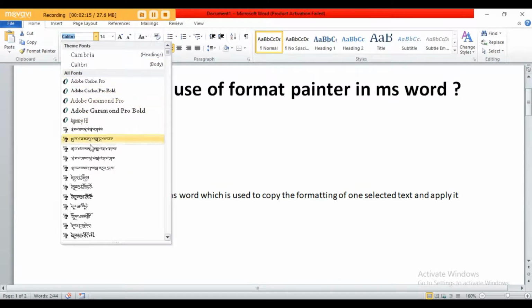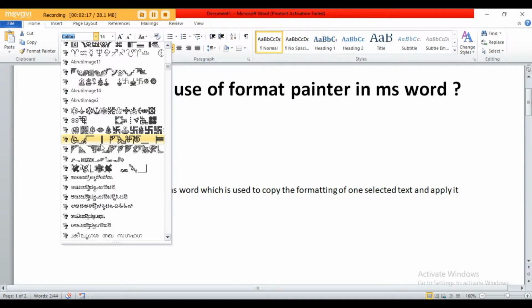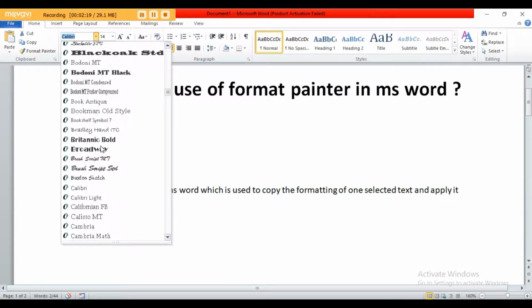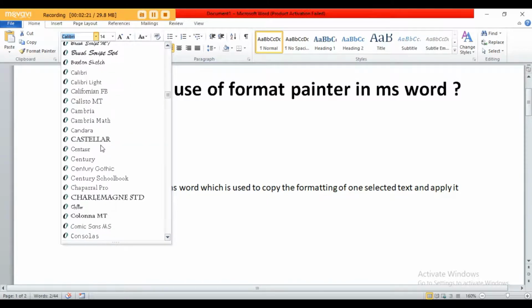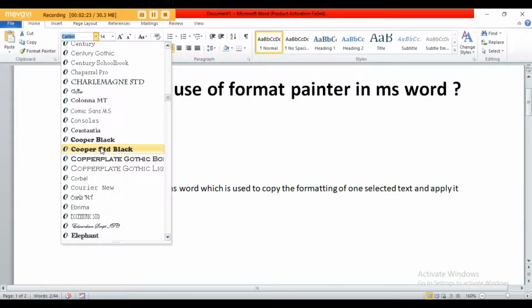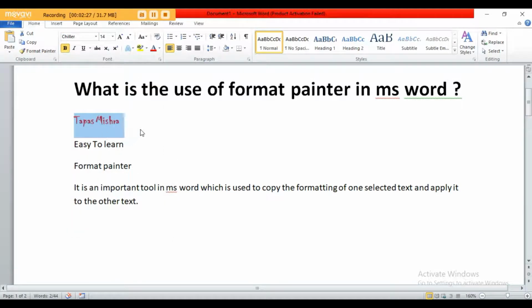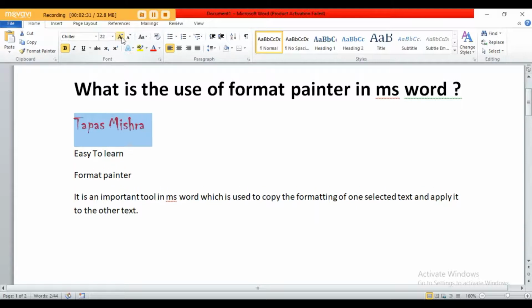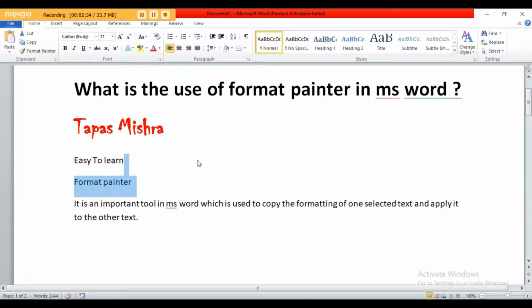Suppose this will look like this, in this way you can see, and this font size I just want to increase, right?